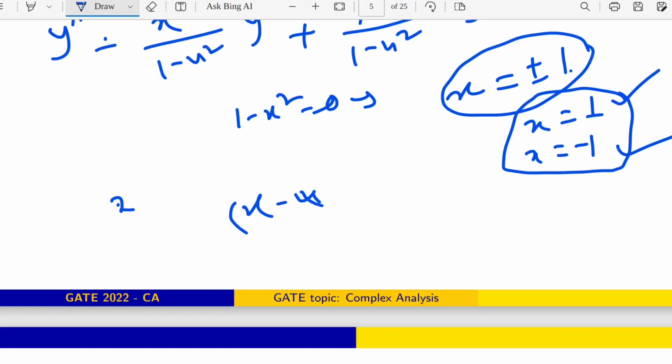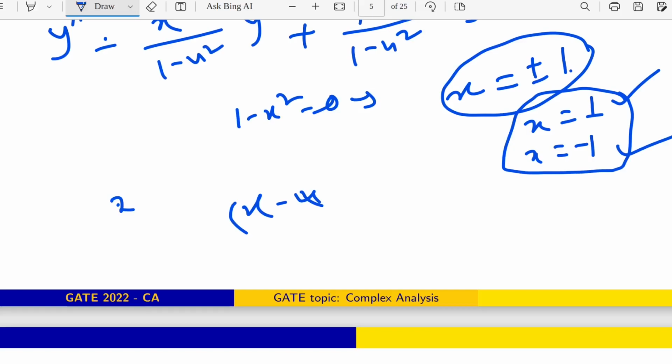Okay, this is the condition for the regular singular point. p1(x) should have a pole of order 1, and p0(x) should have a pole up to order 2. That means obviously up to order 1 also it should have a pole, as well as up to order 2. But also again you can see that if I calculate (x minus x0) whole square for p1(x),